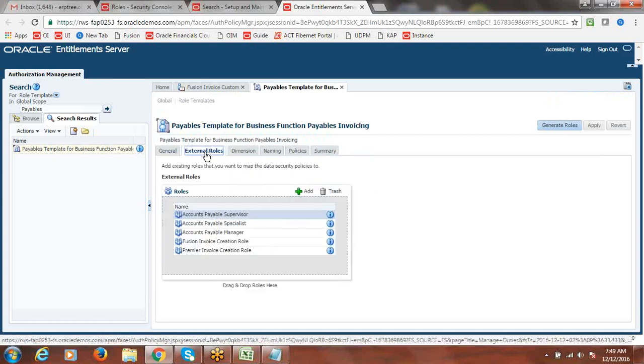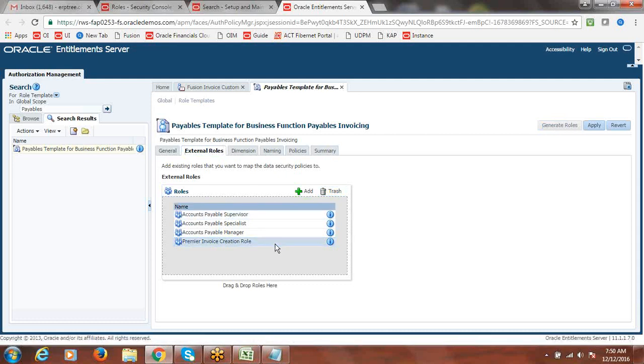And go to external roles. This is the one which we assigned earlier. Now anyway it is not required, you can remove it, because to generate the roles we will be assigning the already generated roles. It's not mandatory to keep here. If you keep it here, for every new BU creation, automatically the system will be generating the roles for that also.